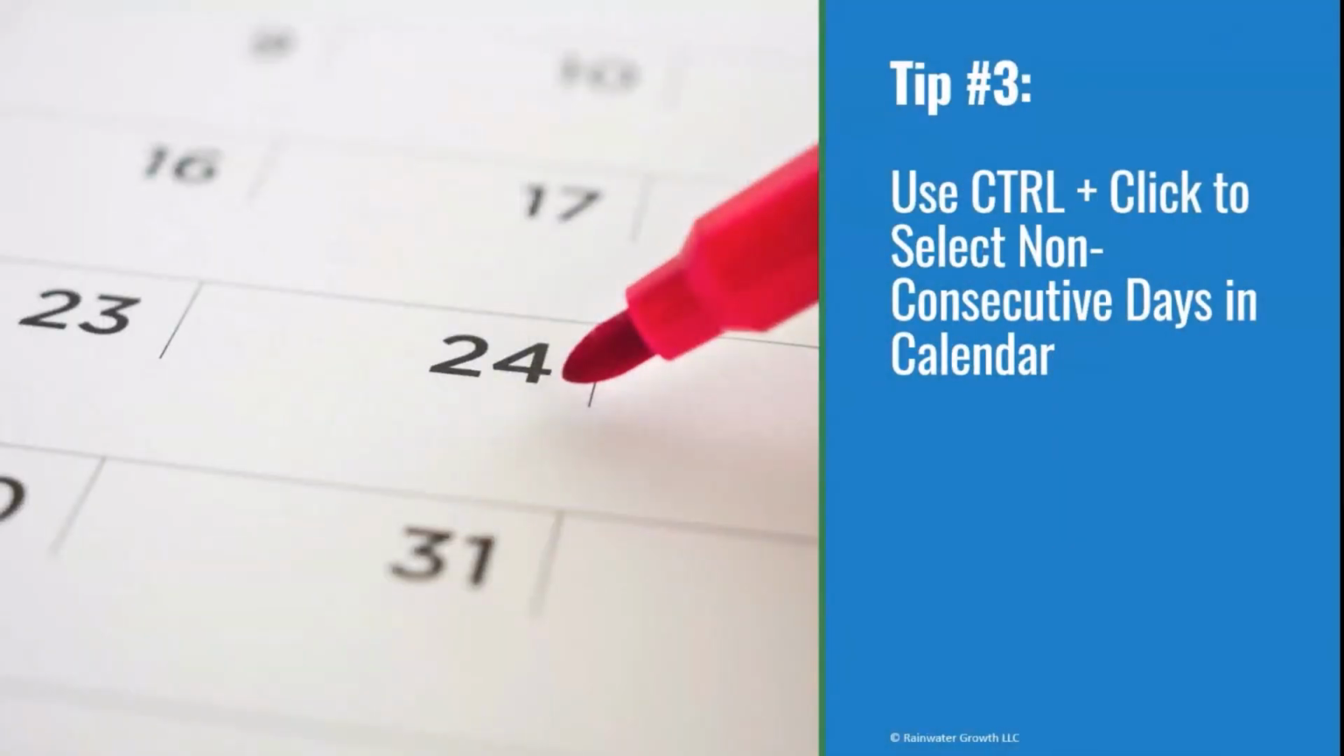So tip number 3, use control click to select non-consecutive days in a calendar. Sometimes we have a deadline approaching, everyone has a busy calendar, and instead of just looking at the next 4 days, we need to look at the next 4 Thursdays. So we can use Outlook, instead of clicking back and forth, we can use control click to find the best